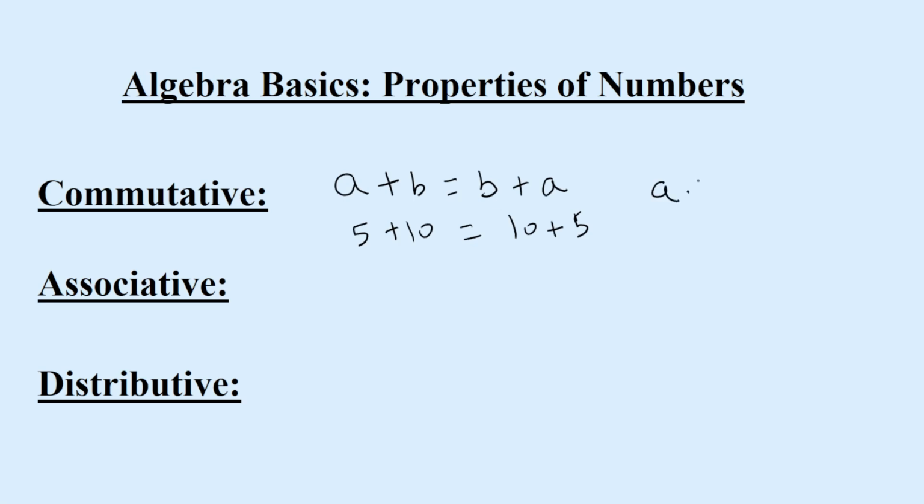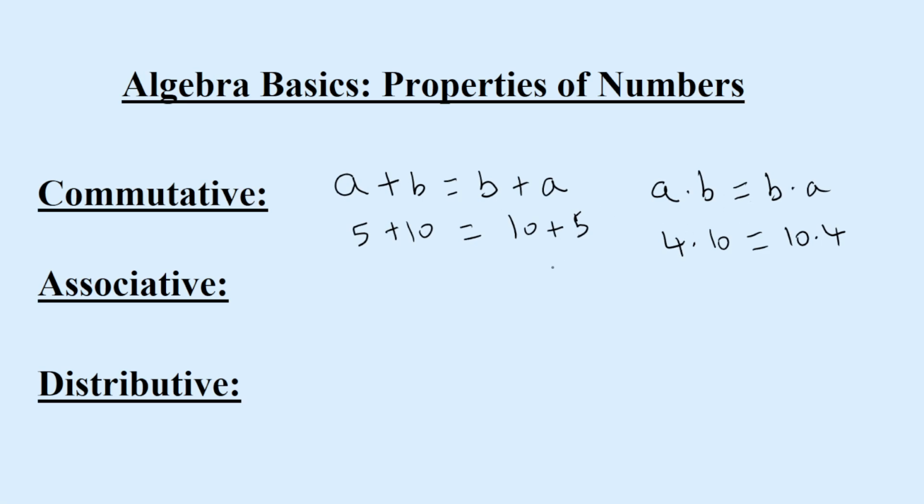So a times b is the same thing as b times a. So if you have 4 times 10, it's the same thing as doing 10 times 4. They both evaluate to 40. And it's really important to understand that the commutative property for addition and multiplication, they don't work the same way